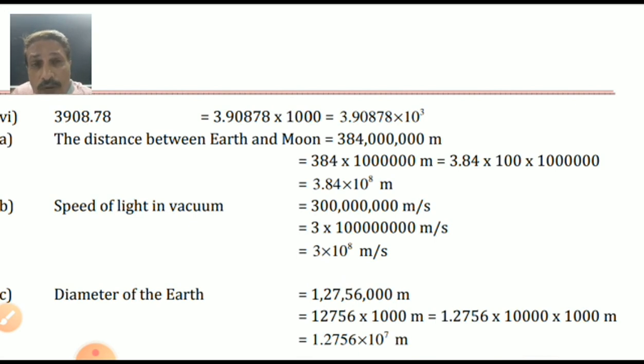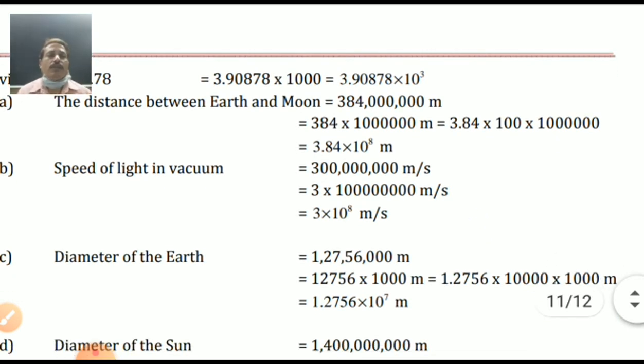Have you imagined the speed of light? Sun rays take more than 8 minutes to reach from sun to earth. Yes, my dear student. And imagine the speed? It travels at the speed of 3 lakh meter per second. Light ray speed is this much. 3 lakh meter per second. Imagine whose speed is that? That's why we can say we cannot catch the light. Diameter of the earth. Very big one answer, beta.